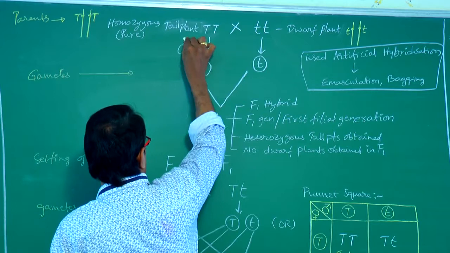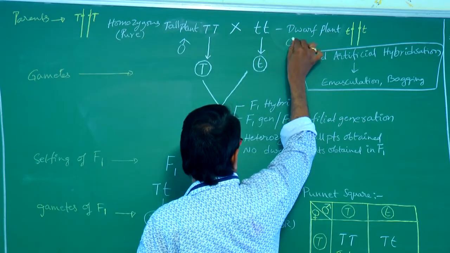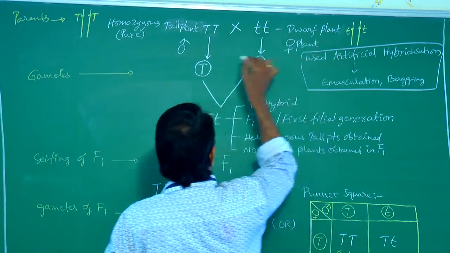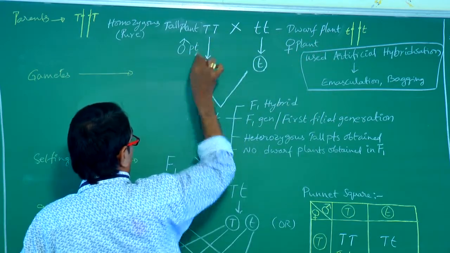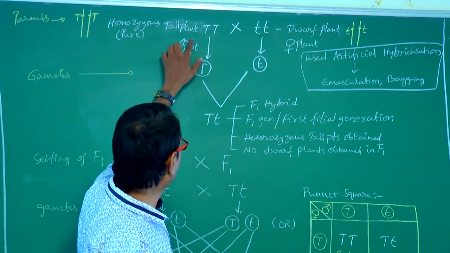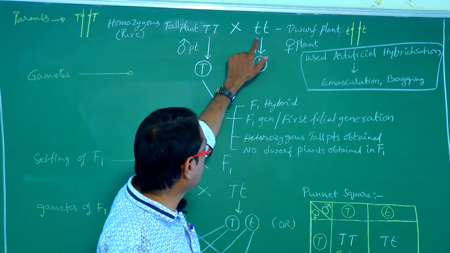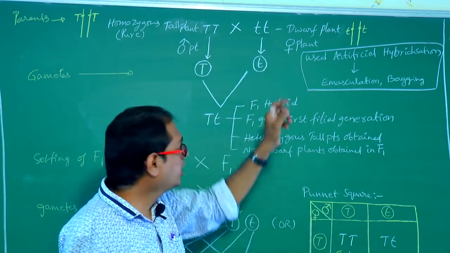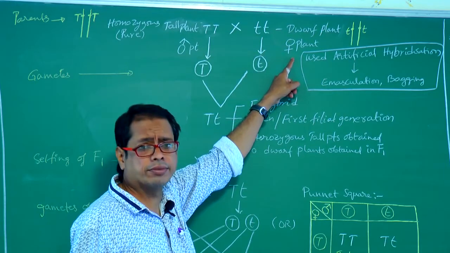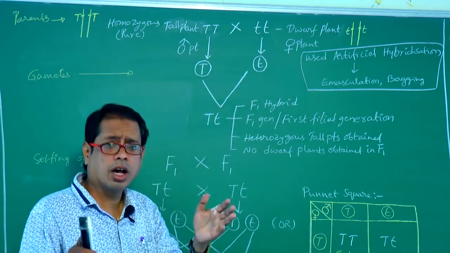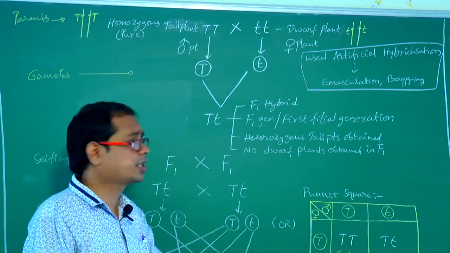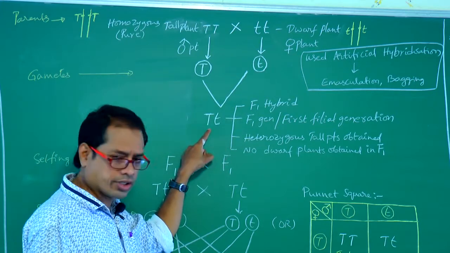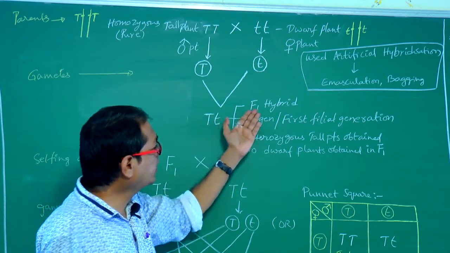This one is the male gamete and this one is the female gamete. This one is the male plant and this one is the female plant. Mendel treated the tall plant as the male plant and the dwarf plant as the female plant. In which plant does emasculation occur? In the female parent only. Right. These two gametes fuse, that is fertilization occurs, giving capital T, small t. Don't write this inside the circles. This is nothing but the F1 hybrid.